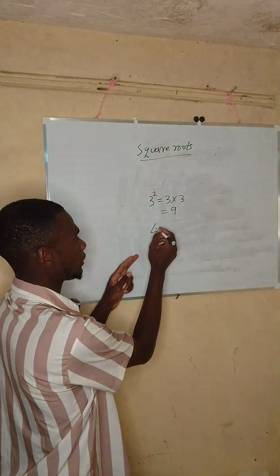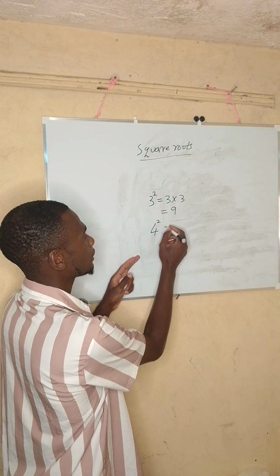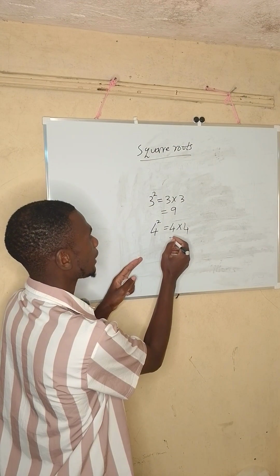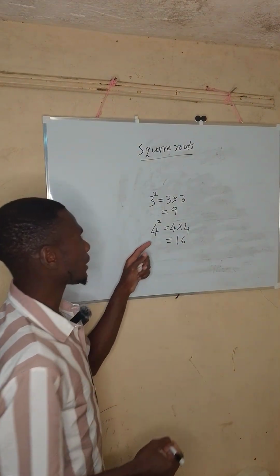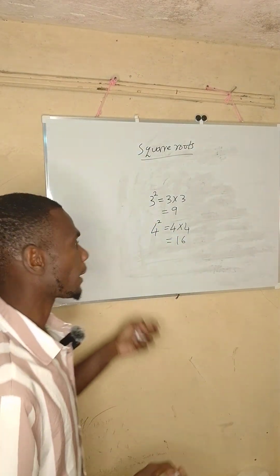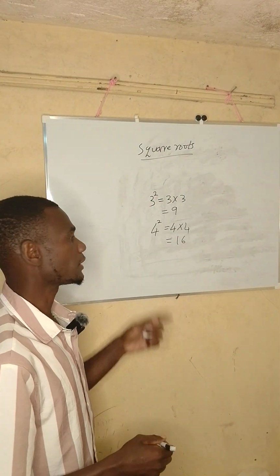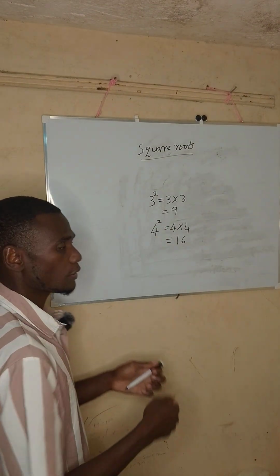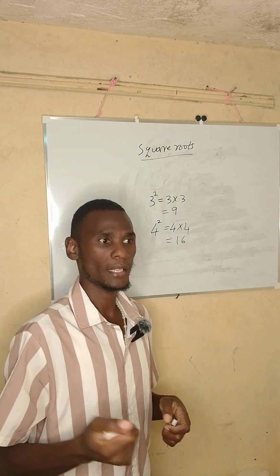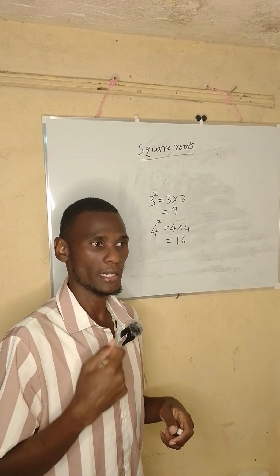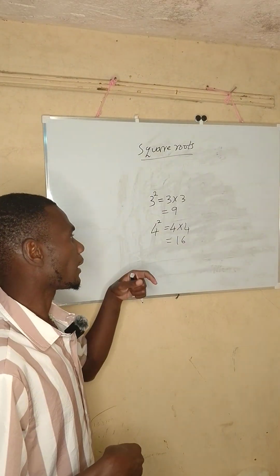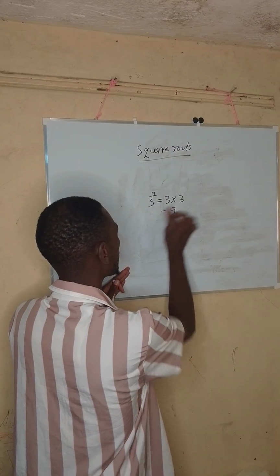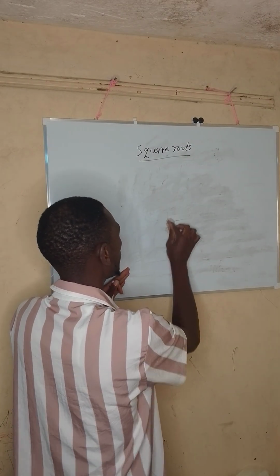Another number may be 4 squared. That means 4 times itself, 4 times 4. That gives you 16. So these are called squares of numbers. But now the square root of numbers is the opposite of squares. That means instead of being given a number to multiply by itself, you are given the number that already is the result, in short. So for example, in this case, if we pick 16,